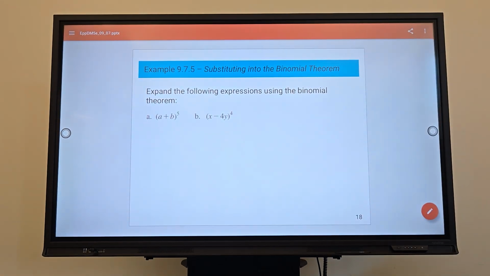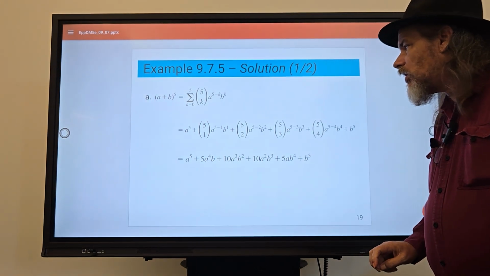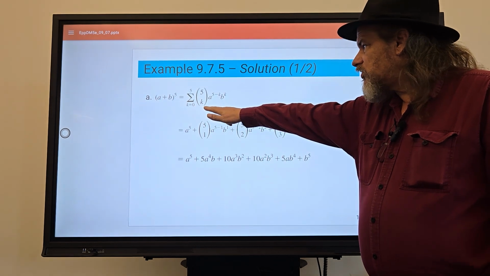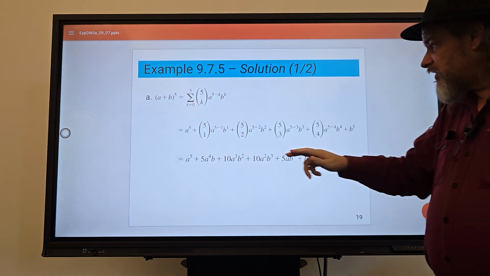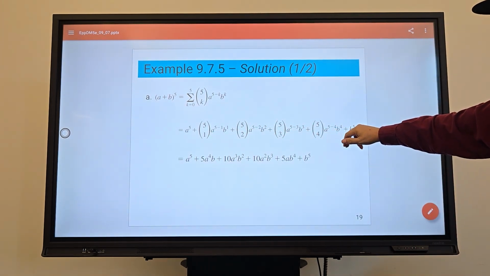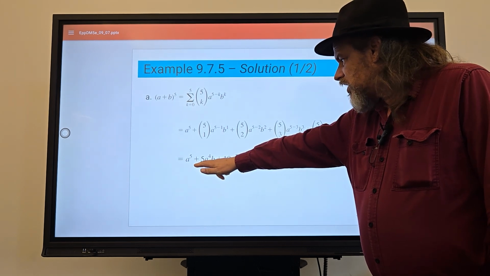Expand the following expressions using the binomial theorem. We'll just look at a. (a + b)^5 would be expanded to this summation here, which expands out with the binomial terms. And you get